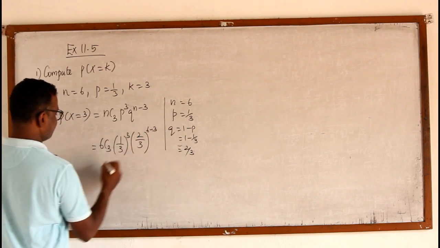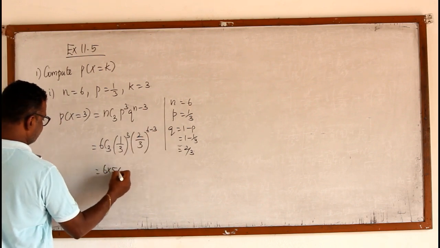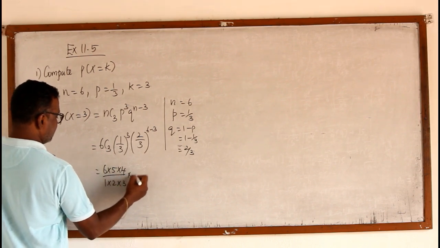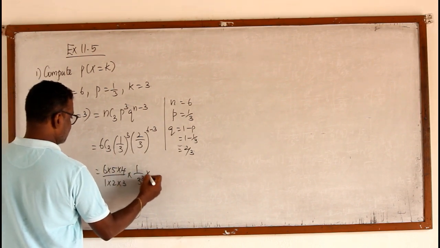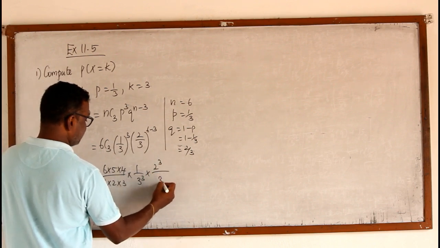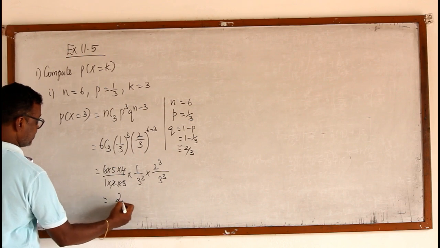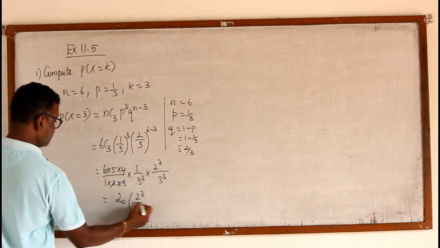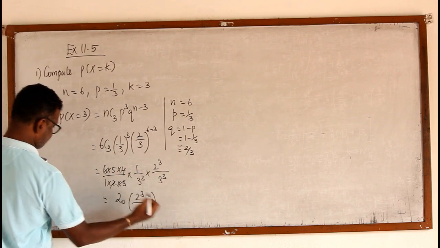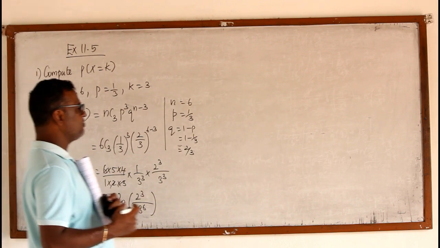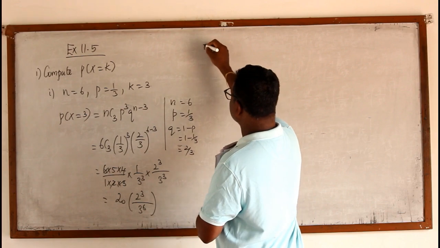6 minus 3. 6C3 means 6 into 5 into 4 by 1 into 2 into 3, into 1 by 3 cube, 2 power 3 by 3 power 3. 6 can be cancelled, so it is 20 into 2 cube by 3 power 6. We shall leave it as it is because 3 power 6 is not easy to find. Second one,